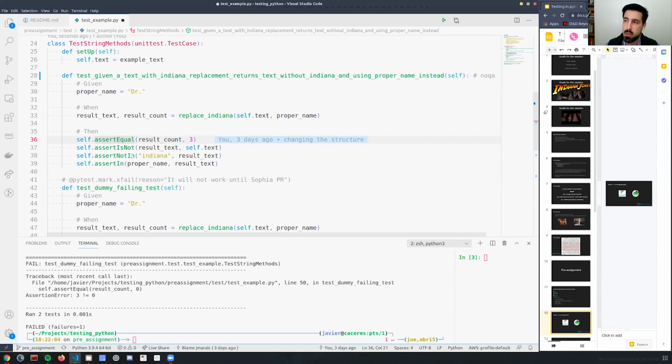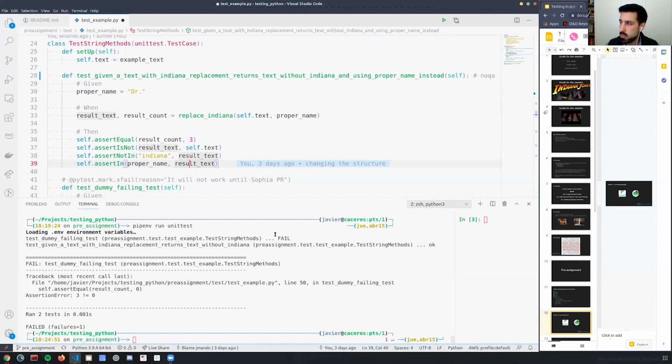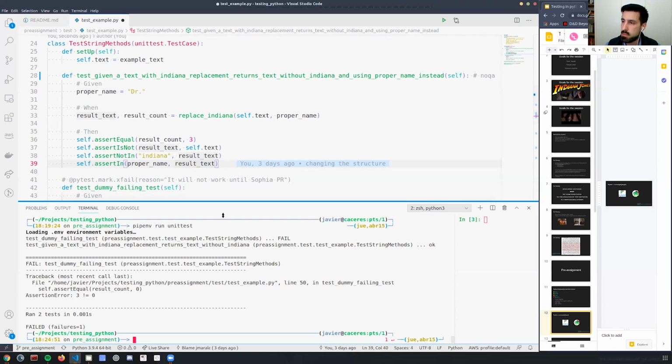There are other examples like assert is not, assert is not in. So we want to assert or check that Indiana is not in the resulting text, and we want to assert that proper name is in the resulting text. Okay. And this test, according to this, is running properly according to the output. Okay, because we have this test given a text Indiana replacements runs with okay, but we have